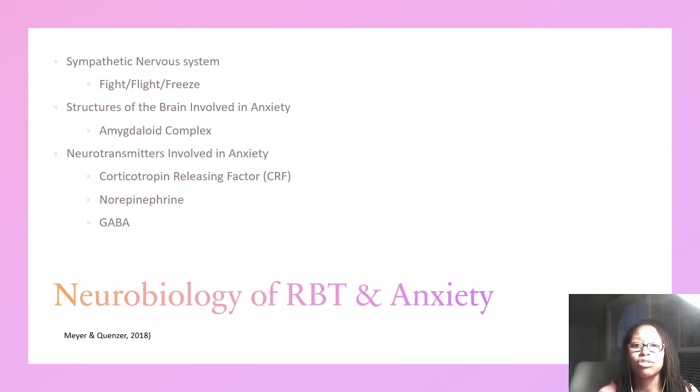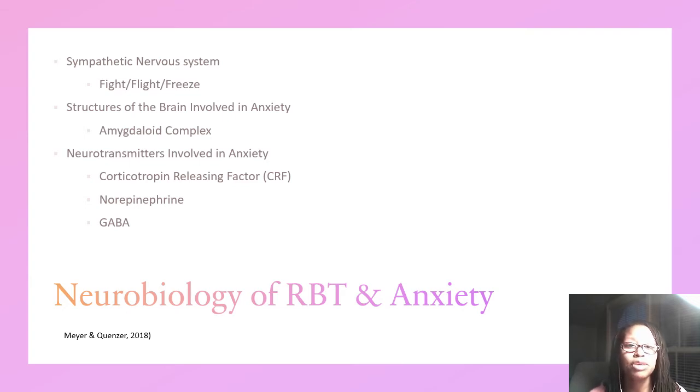So let's talk about the structures of the brain that are activated with anxiety. So there's the amygdaloid complex. It's a little part of the brain located deep in the temporal lobes that runs several emotional processing circuits. These circuits help us assess environmental stimuli and evaluate cues for safety. Once it does this, then it can help us orchestrate the appropriate response, either to fight or to freeze or to flight, right? We feel this activation in our bodies, and it can be measured there. Things like increased heart rate, blood pressure, slowed digestion, all places that our body is activated to survive